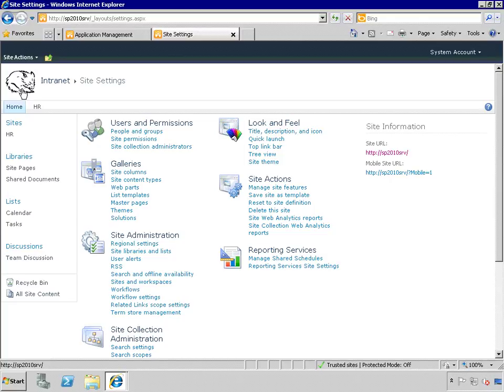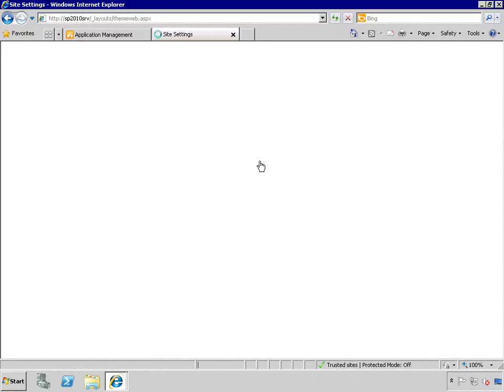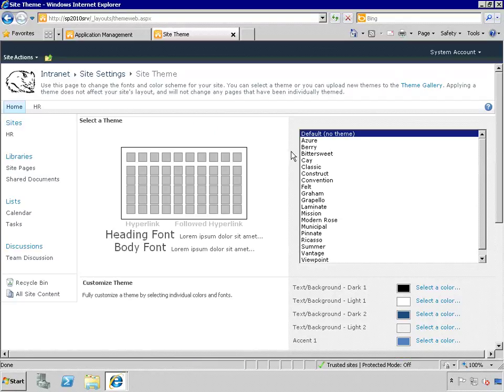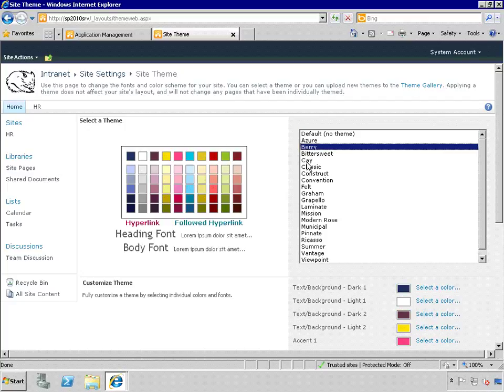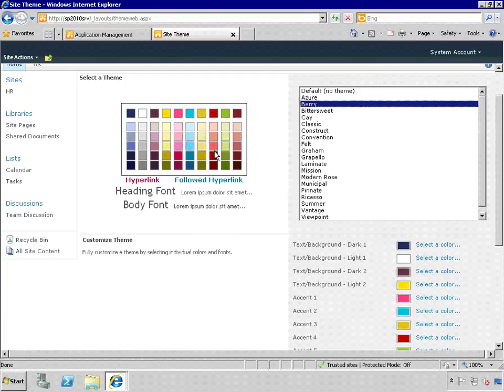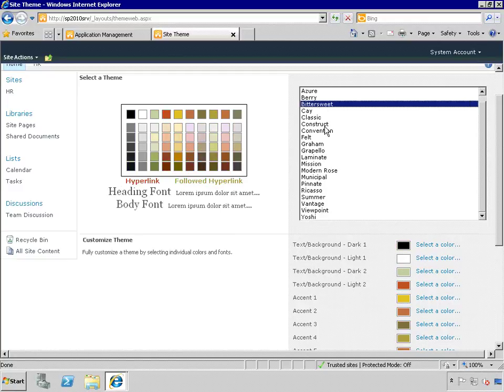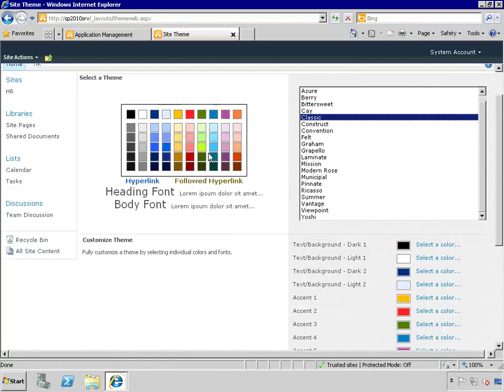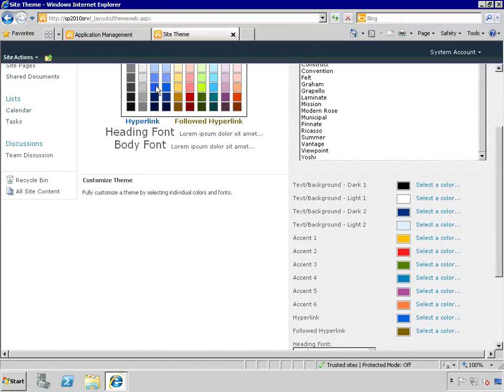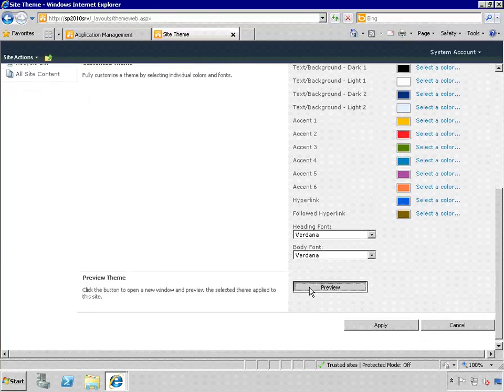Now the other way that I can modify the look and feel is by changing the site theme. SharePoint comes with some out-of-the-box site themes that you can apply if you don't want to go with the standard. So click on Site Theme, the link under Look and Feel, and then if you click on any of these on the right-hand side, it's going to give you an idea of the colors that are associated with it. And you can click on different ones, and then you can go in and modify it even further by selecting the colors that you want to be represented. And if you want to preview, if I click Preview at the bottom,